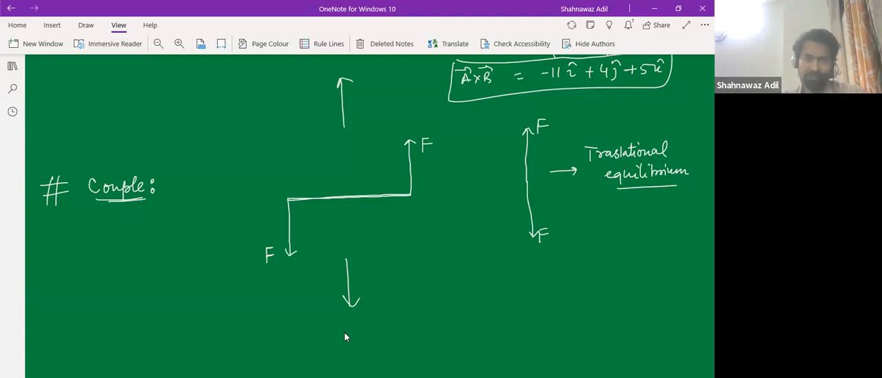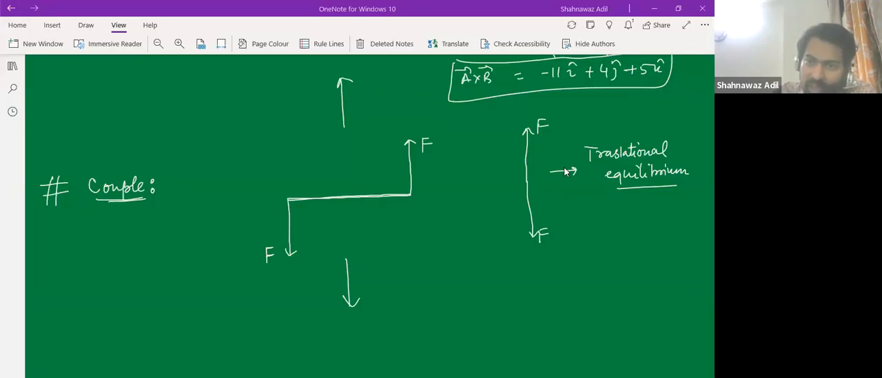So let's say I have this pin and I apply this force larger. So this will move in this direction and this will not move in this direction. So this would be larger, so it will go in this direction, right? So it doesn't have